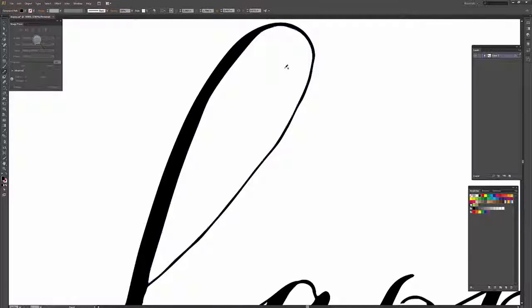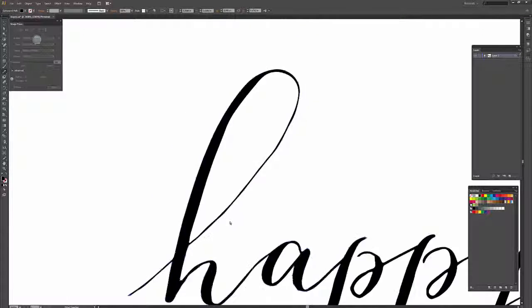I can keep smoothing it out. And smooth out the outside part. So A again, click on the outside, and then click on N, smooth the outside out. Okay. I'm going to zoom out,